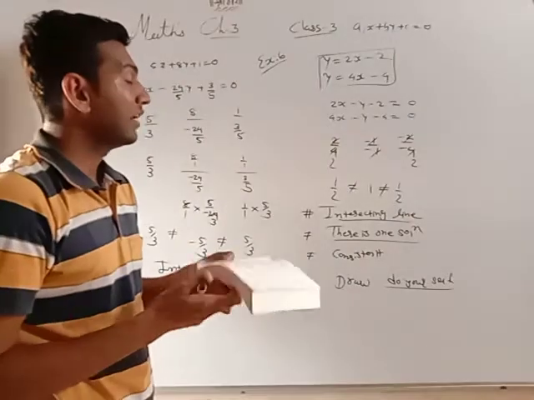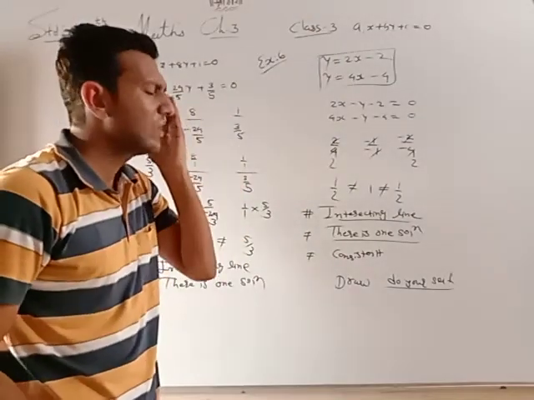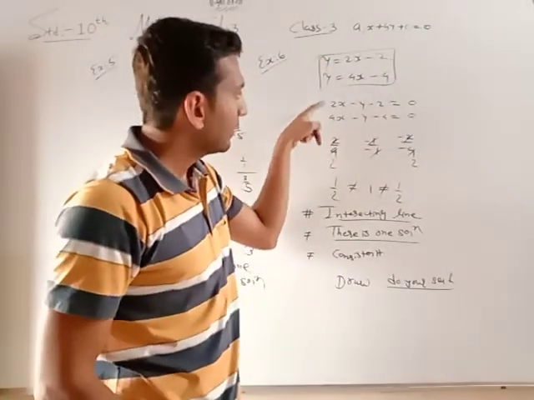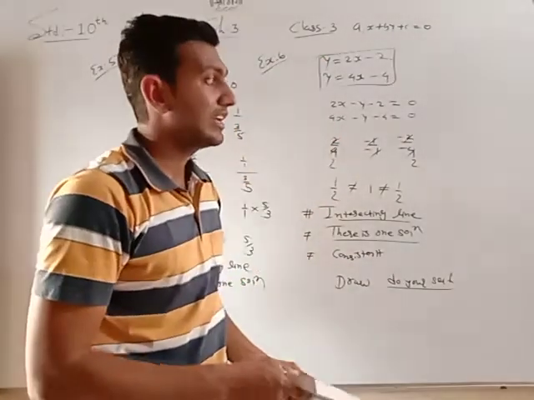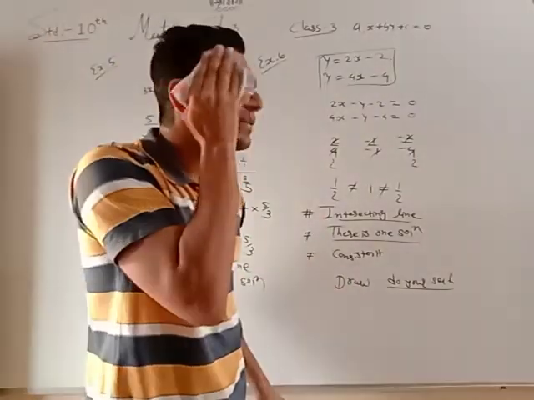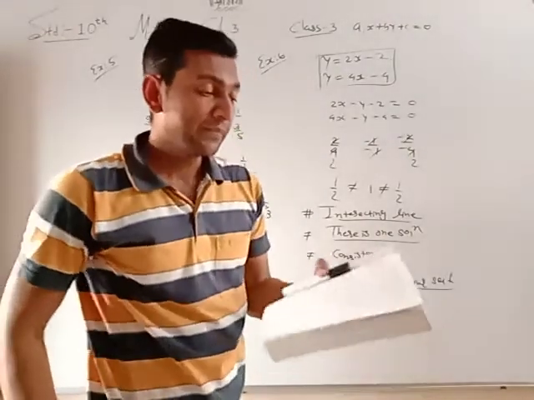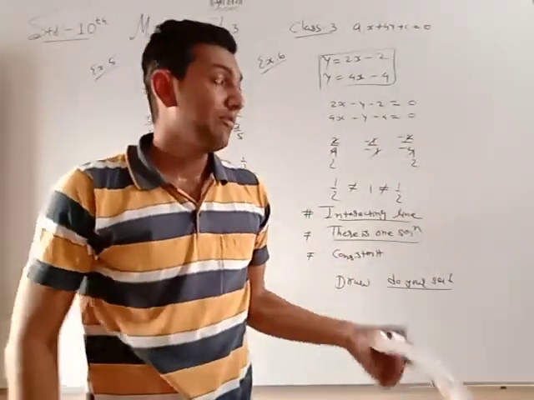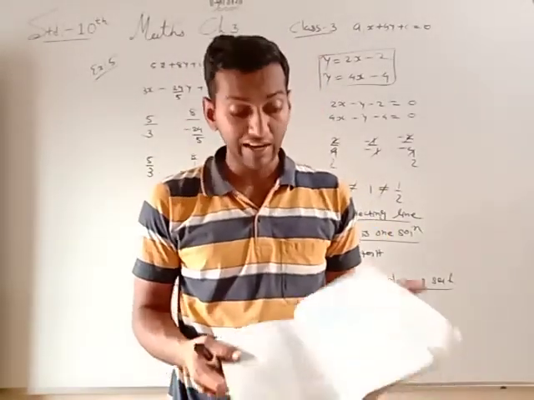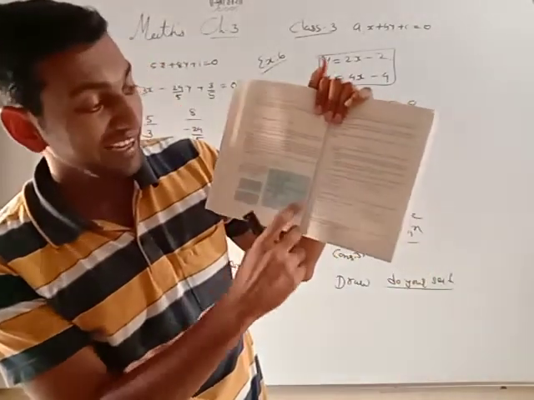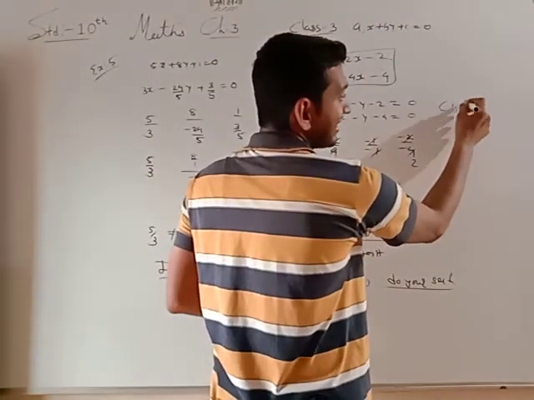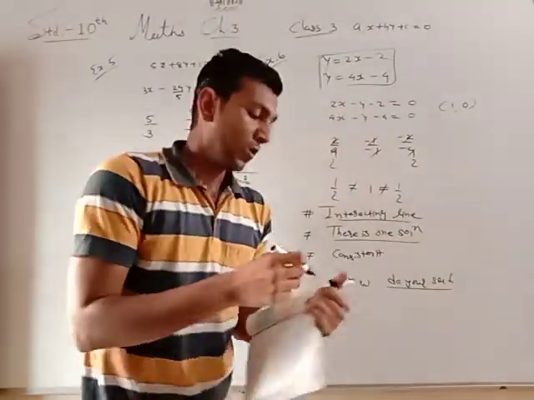How to draw the graph of these two equations, we already did in example number 4. Two equations are given. First equation, taking x is equal to 0 and y is equal to 0, you get two solutions and represent them on the graph. You get the graph. But if you don't get it, then you can use the textbook. The graph is given there, and the solution is 1 and 0, meaning both lines are passing through 1 and 0.